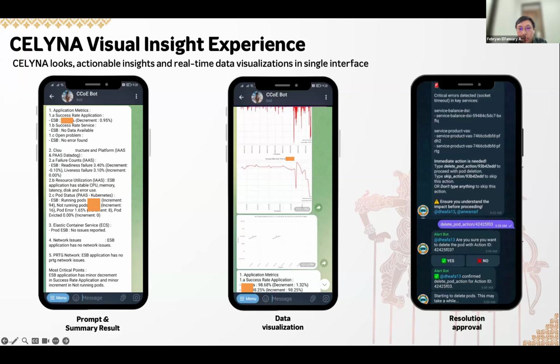On the middle side, Selena also provides a certain graph, like a success rate trend of the application, and then also provides the timeline graph. This timeline reflects all of the events that correlated with the incident. And last, on the right side, this is a self-healing feature where Selena will provide resolution actions and will